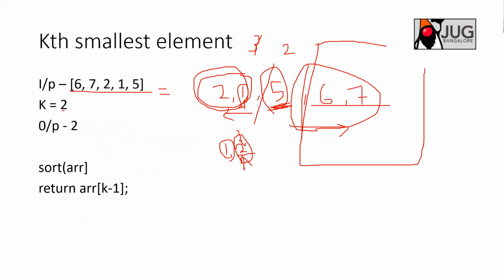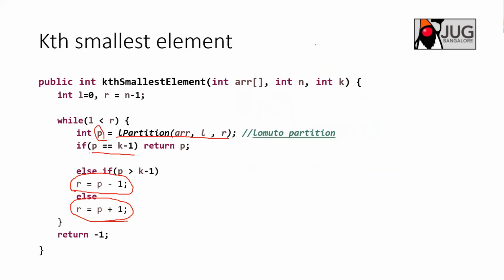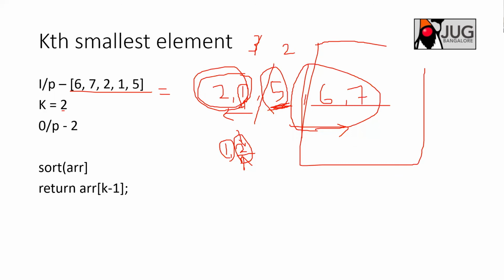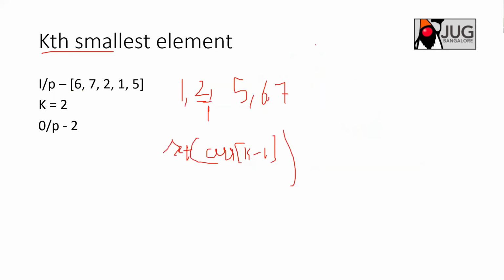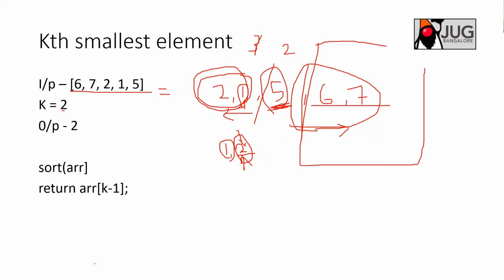But what is the disadvantage here? If the interviewer asks you what is the third smallest element, you don't have that. Again, you need to do your exercise again. But generally, examiners won't ask that. Once you show that we can sort and return the position, they will definitely ask whether you can improve this, because sorting itself takes big O of n log n. So can you do it in big O of n? So what the Lomuto partition does? That is still doable, right?